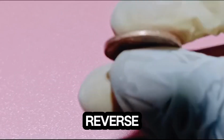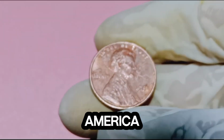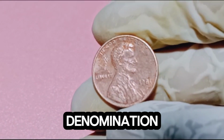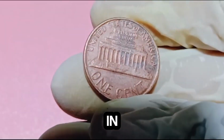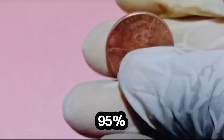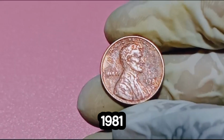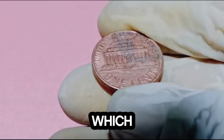Along the rim of the reverse, the inscriptions read United States of America and E pluribus unum. The denomination, 1 cent, is prominently displayed below the memorial. In 1981, these coins were struck using copper-plated zinc, which was a transition from the 95% copper coins minted before. The 1981 penny was one of the last Lincoln cents to be struck using mostly copper, which adds to its